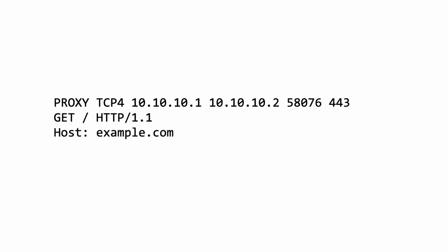V1 is a single line clear text protocol that is very basic. It starts with proxy and has different fields. It has as one of the first fields TCP4 or TCP6, whether you're using IPv4 or IPv6. It has the client IP, the server IP, the client port, and the server port. It does what it needs to do, but it's very limited in terms of features, and that's where proxy protocol